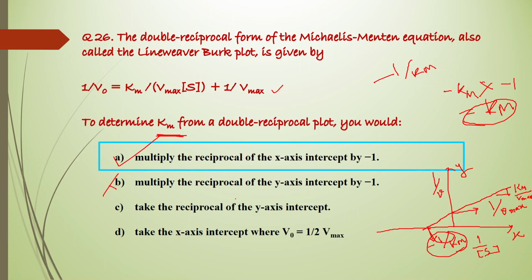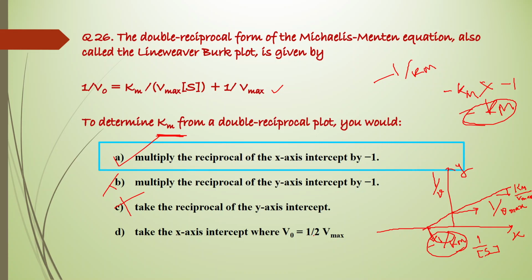Take the reciprocal of the y-axis intercept. The y-axis intercept again is 1 by Vmax and the reciprocal of it will be Vmax. This will not give you the Km value. So again the third option is incorrect, and the final option is to take the x-axis intercept where V0 is equal